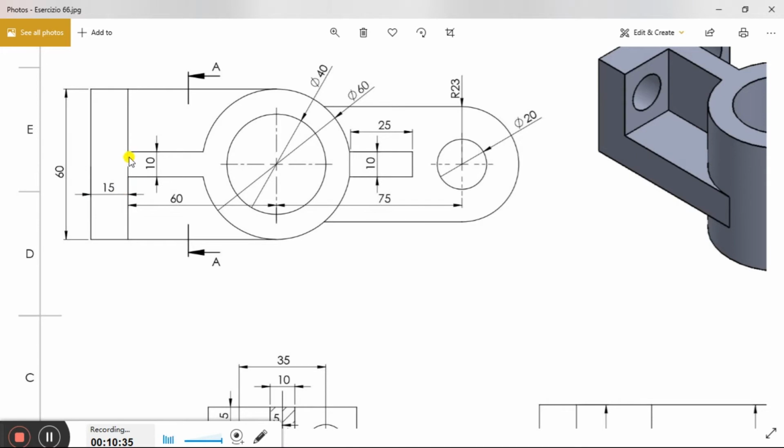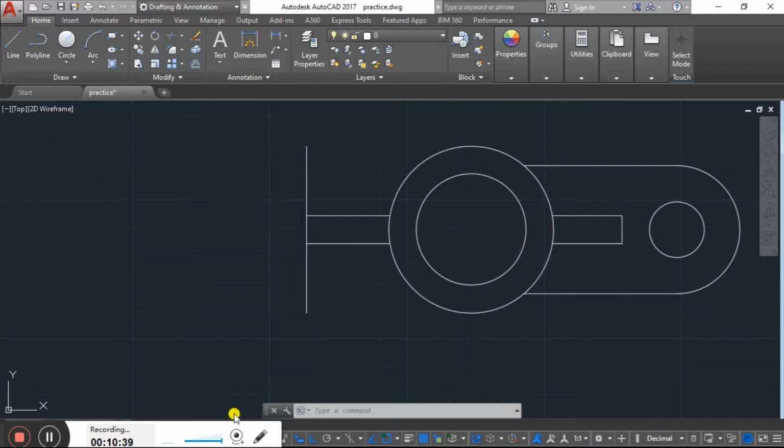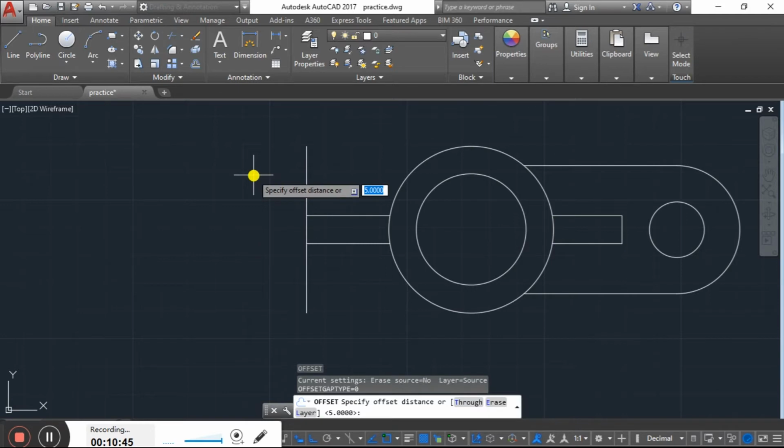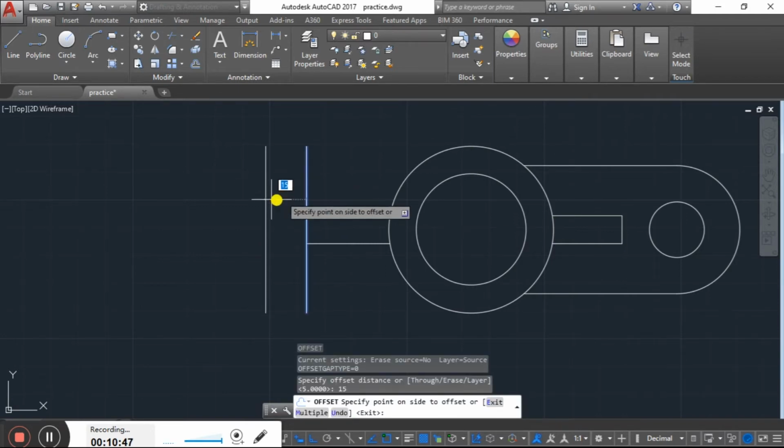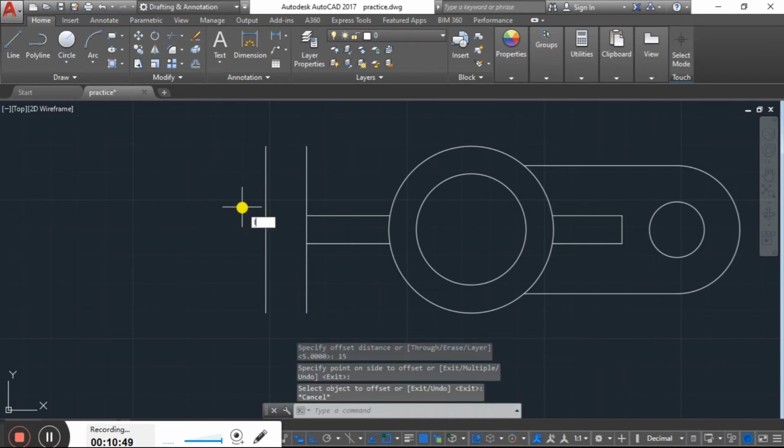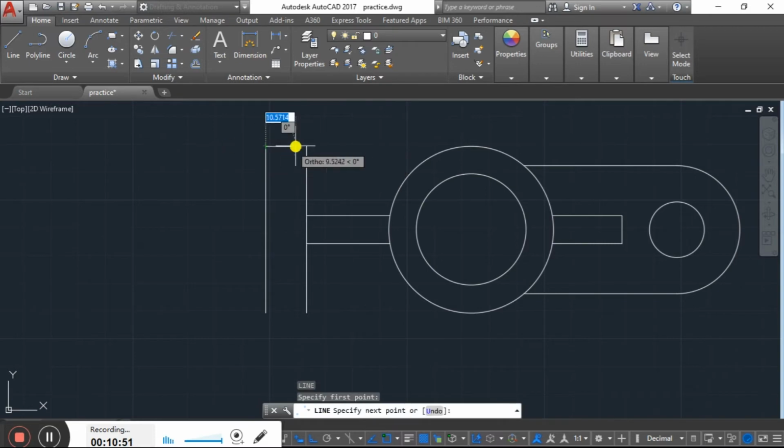We have to offset this line one more time, up to 15. So this line needs to be offset 15 mm, offset 15, enter, it is offset. So join these lines by pressing enter.